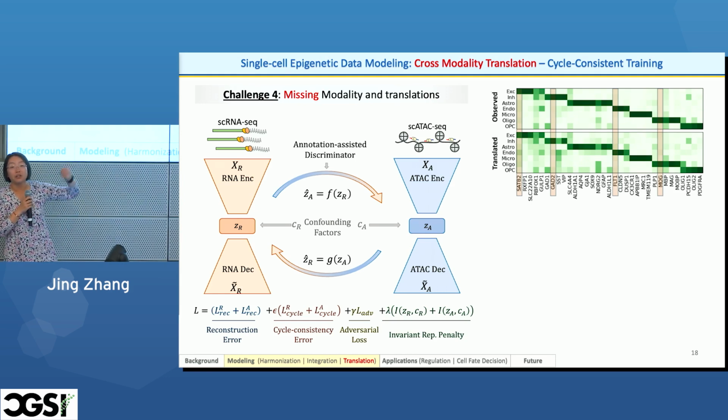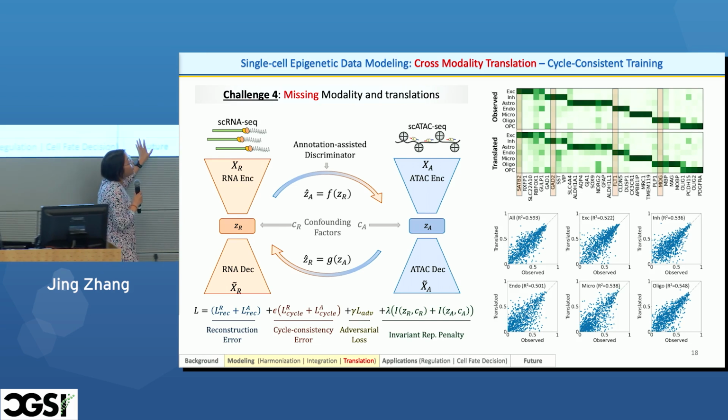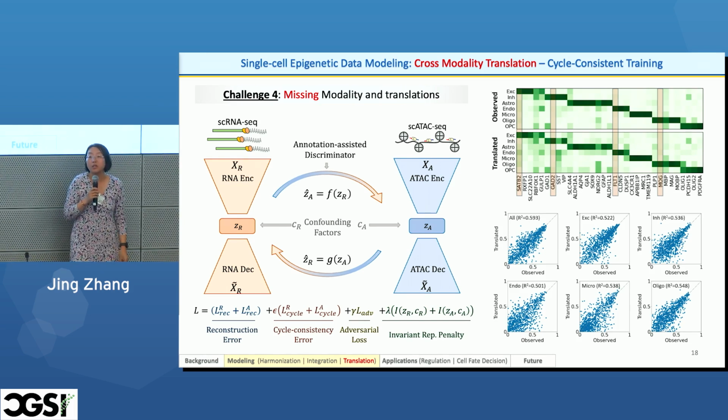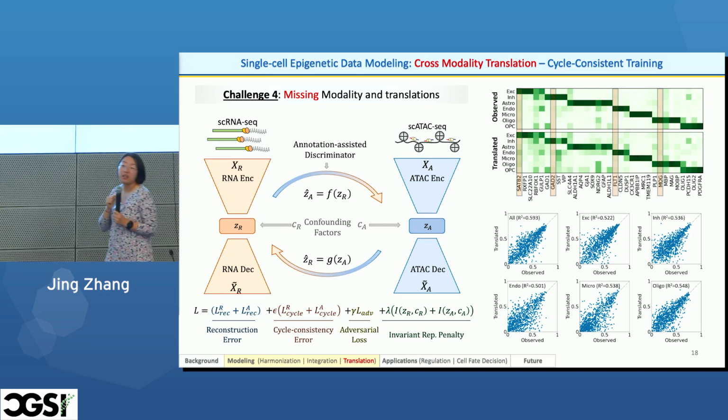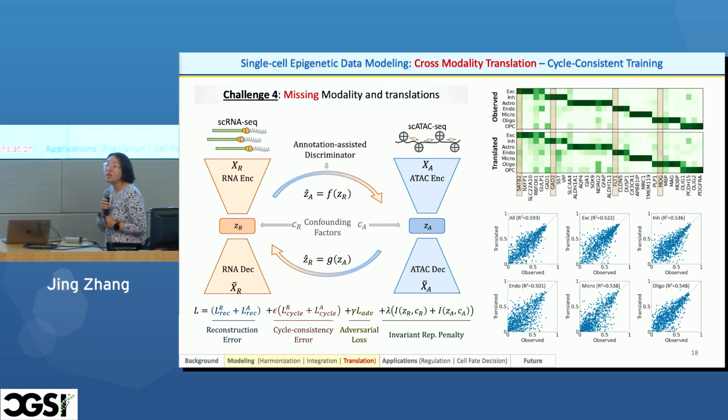And their marker gene scores actually are very consistent with each other. And we extend our analysis from the marker gene scores to marker genes to all genes. As you can see, in most of the cell types that we have enough training data, the projected RNA expression is very similar to what we see, which means